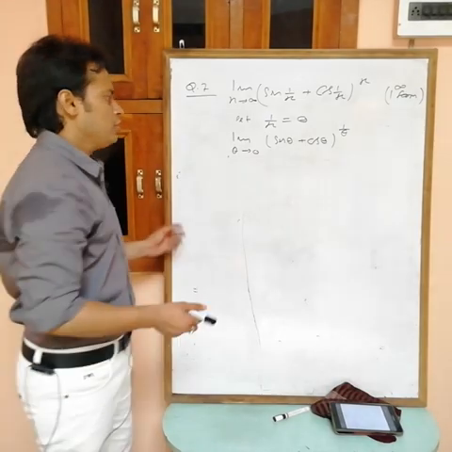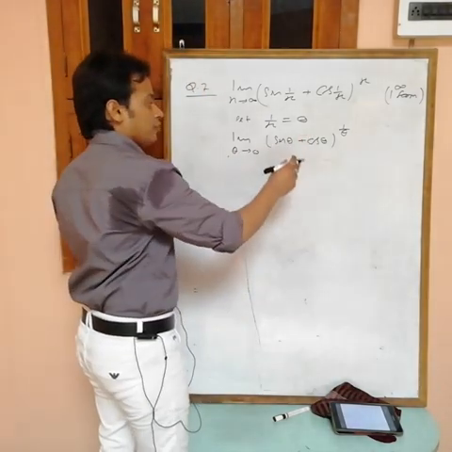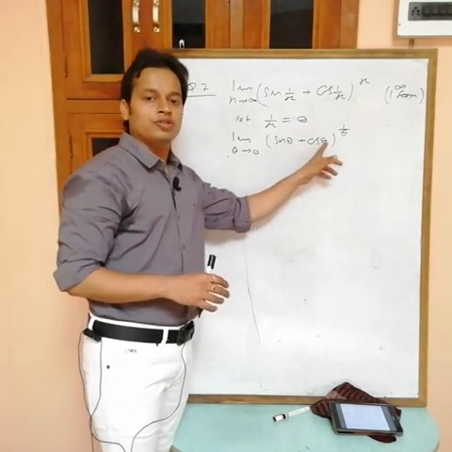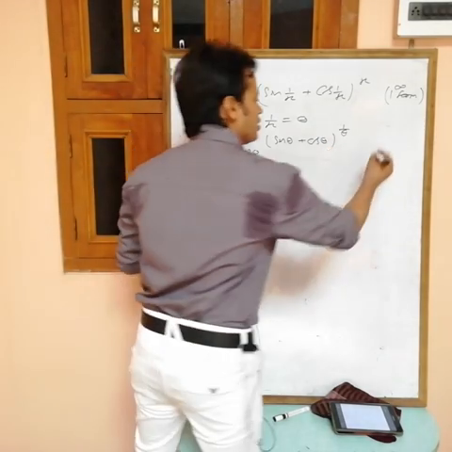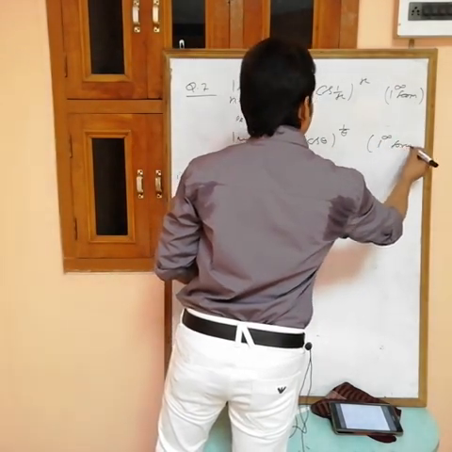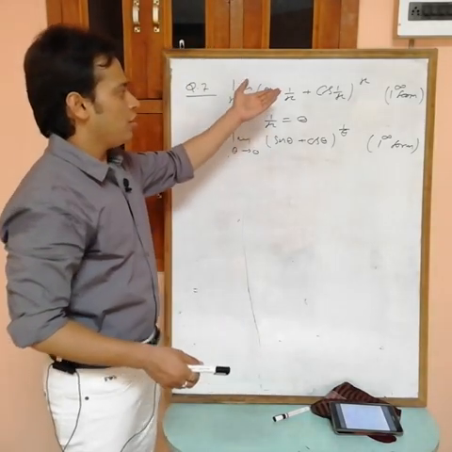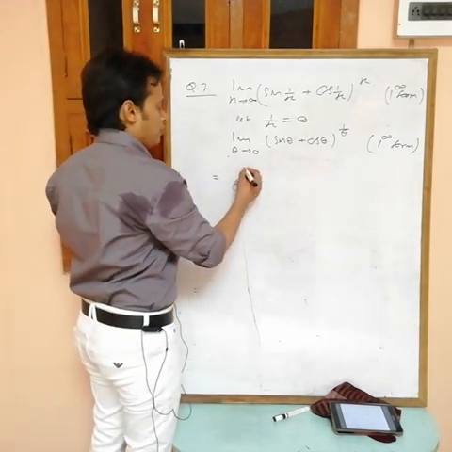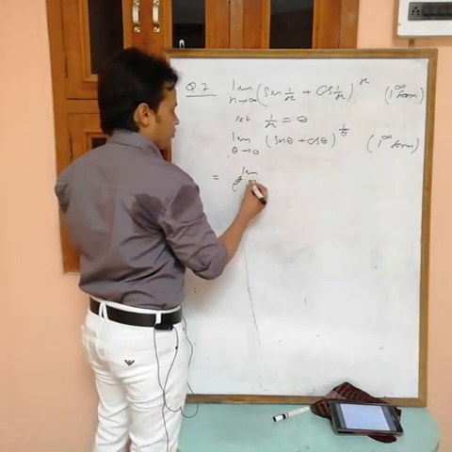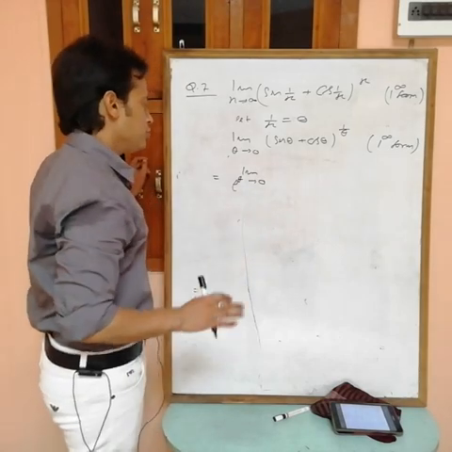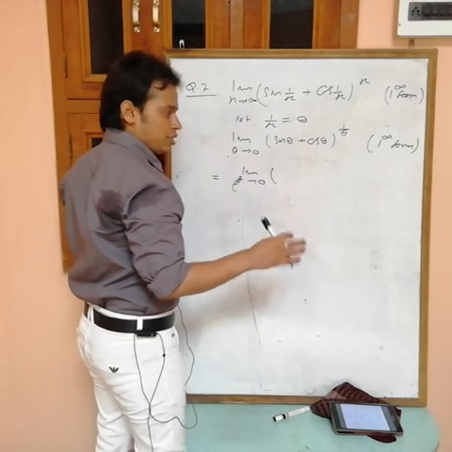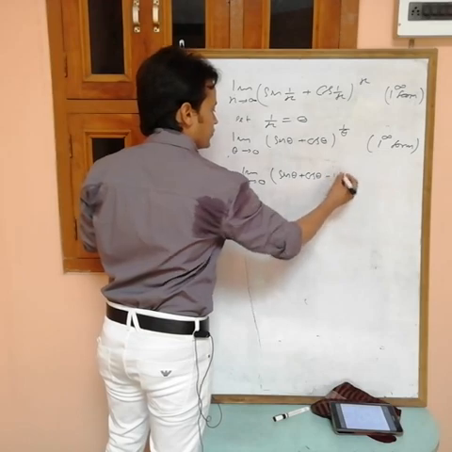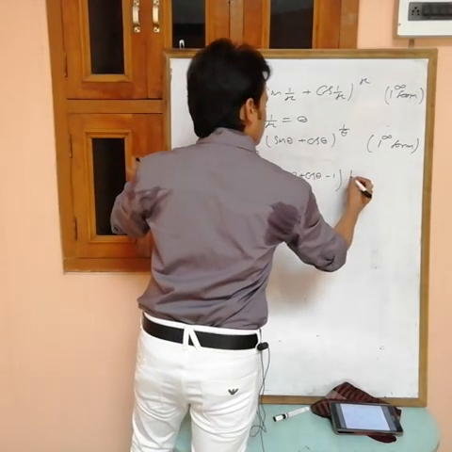No problem. If you put theta equals to 0, sine 0 is 0, cos 0 is 1, and 1 power 1 by 0, infinity. Again we are getting the same 1 power infinity form. Apply the formula after this one or after this one; from both you will get the same value. Now see, I am using the formula e power limit theta tending to 0, but remember at this time the limit is for theta, not for x. Limit of f(x) minus 1 means sine theta plus cos theta minus 1, into g(x), which is 1 by theta.